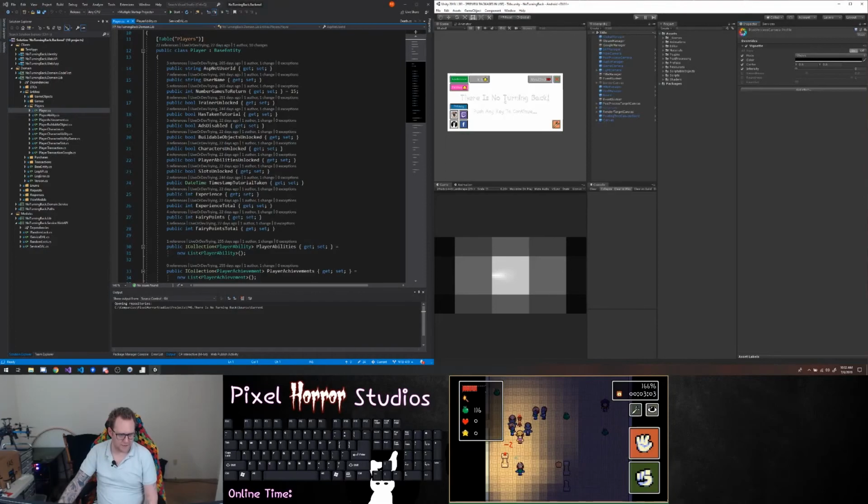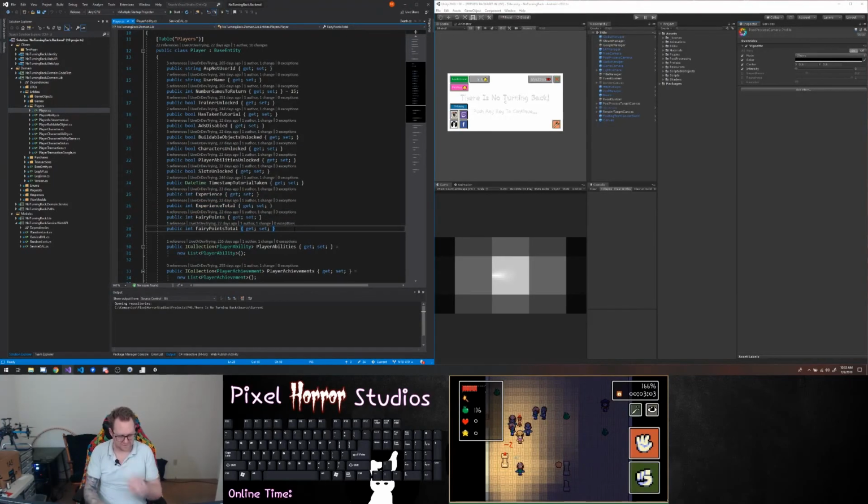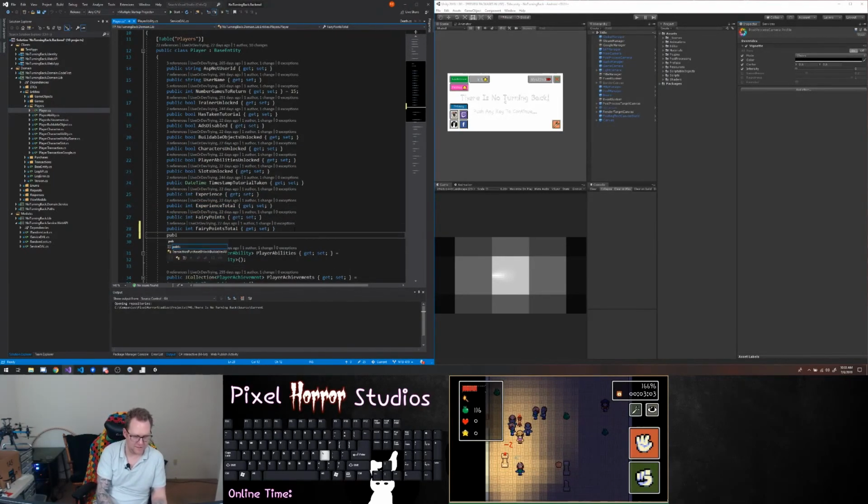So when I look here at my player, this is on my backend on ASP.NET, and we're using Identity Server 4 for the authorization server. We're using ASP.NET WebAPI 2.2, and then we also have a web app, which is made in MVC for core. So when I look at my player entity, one of the things that I have on here is these vanilla properties: experience, experience total, fairy points, and fairy points total. I'm also going to want to have one on here for public int number enemies killed, just real vanilla